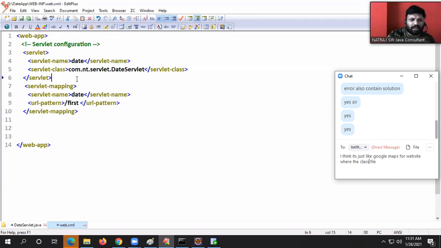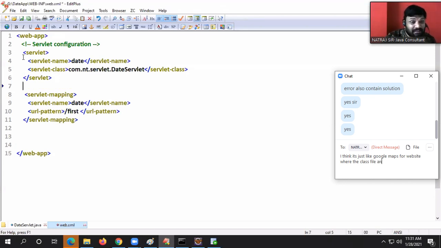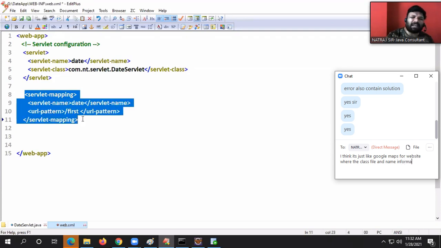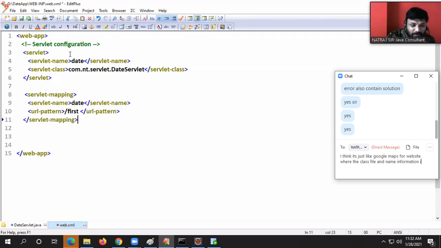Sir, then why should I write the logical name two times? Ten servlets are there. Ten servlet tags will be used to write ten servlets' details. Every servlet should be linked with one or another URL pattern, one or another request URL. For that, we will take ten servlet-mapping tags. To get the link between the servlet tag and the servlet-mapping tag, we should match the logical name. Here the logical name should match. Should match or need not match?